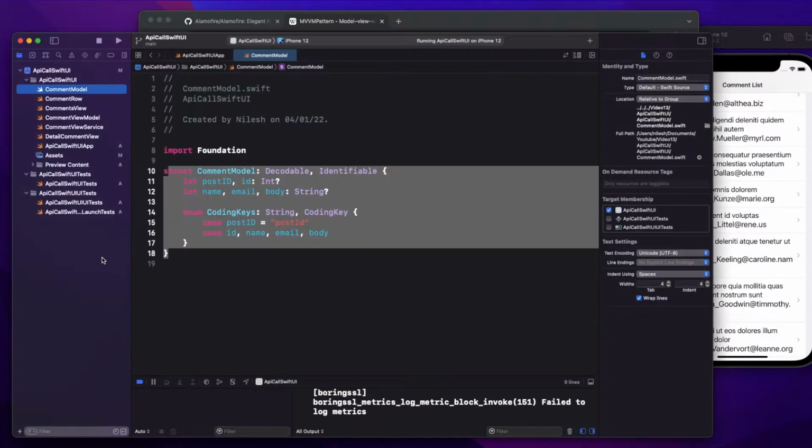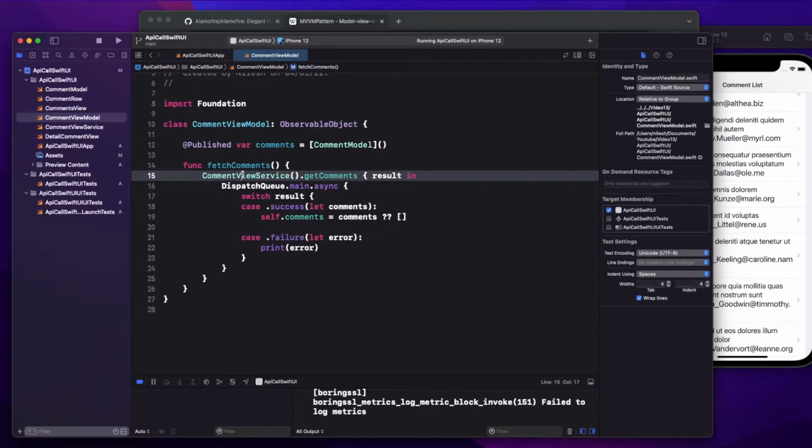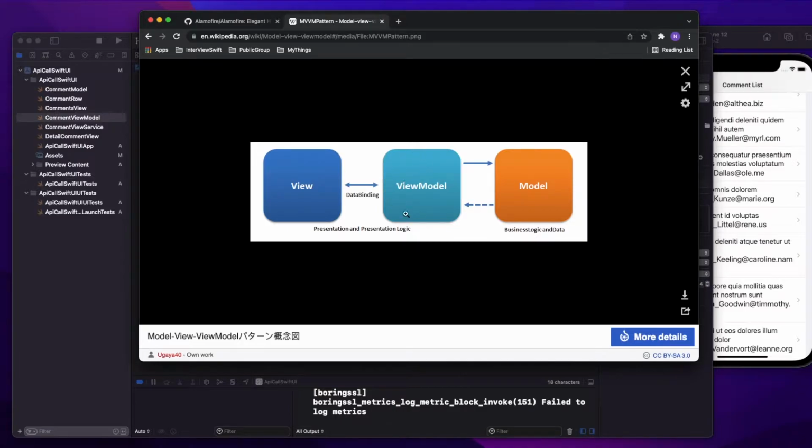Like if you see in the last class, we were using a comment view service, but we are not injecting it as a dependency in this particular case. So today we'll see how we can use this as dependency injection also. The view model handles the view logic, and it also handles the business logic, but not directly, through some other class as a dependency. Okay.